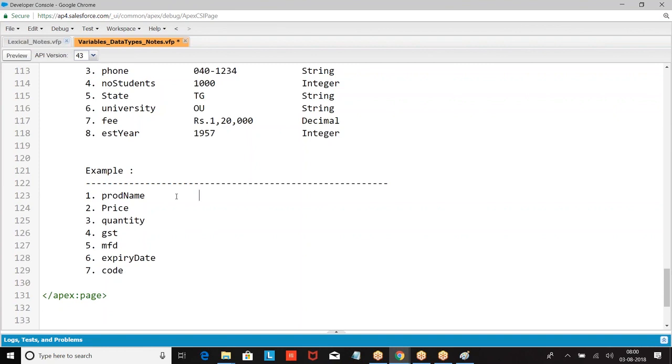Some product name I'm giving. Price. Quantity.